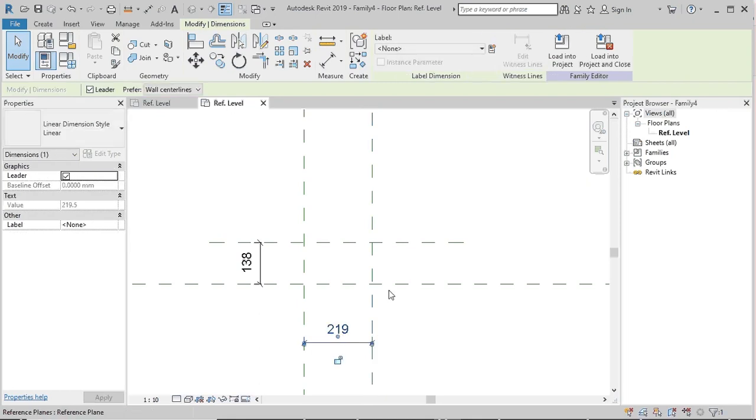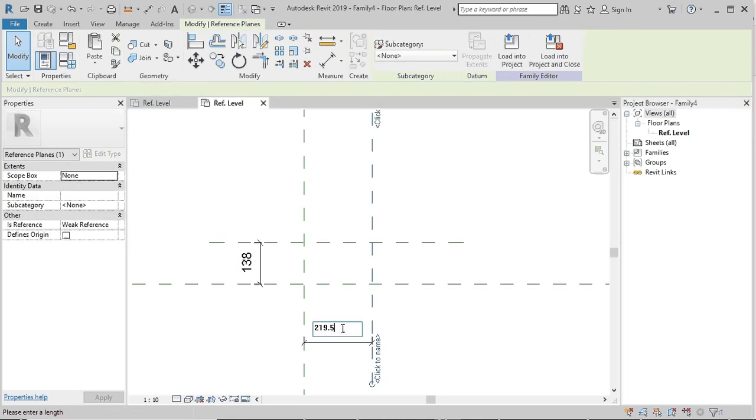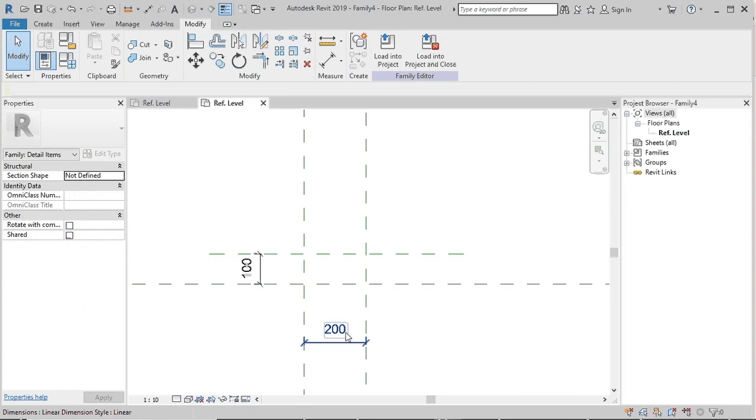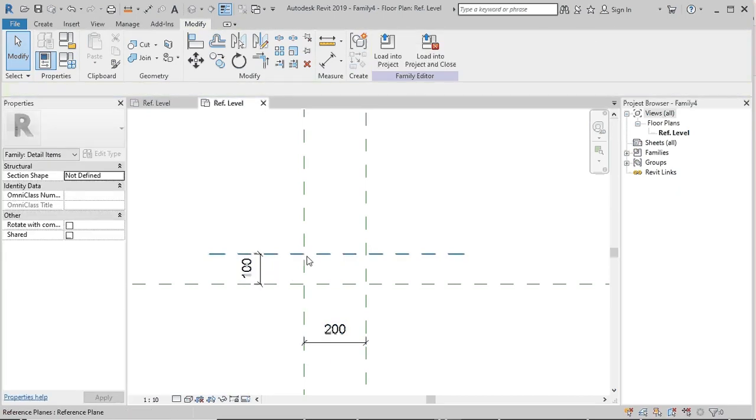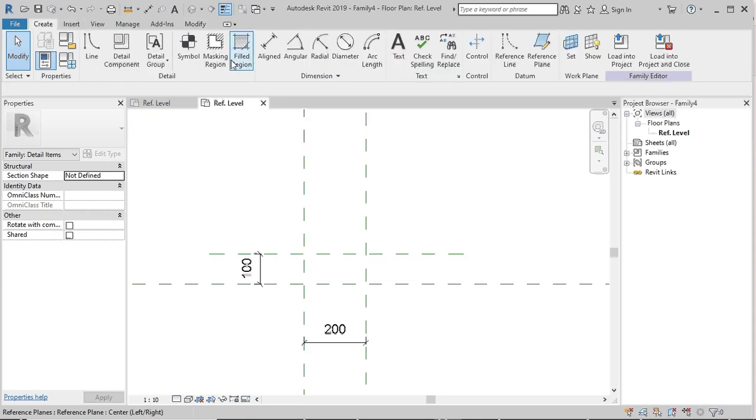In my reference, I have shown the arc distance end to end as 200, and the height as 100. If you need more values, you can create your own, but the procedure is the same.